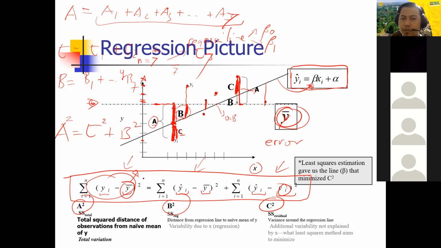Actually, is contributed. So, jadi error yang terjadi pada data Y, kalau kita melihat hubungannya ini, bahwa error yang terjadi pada data Y itu merupakan atau disebabkan oleh